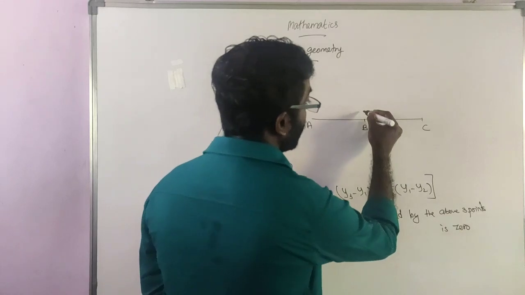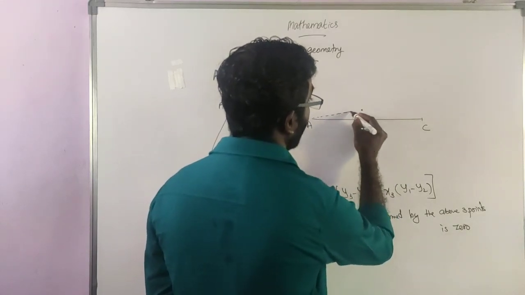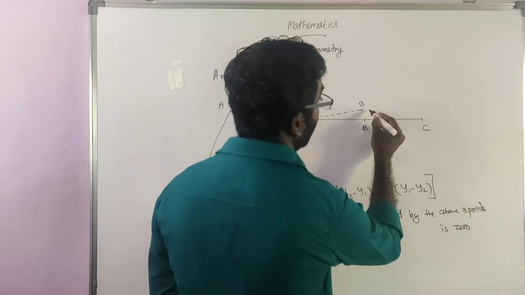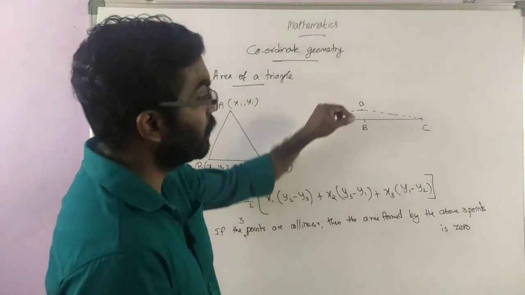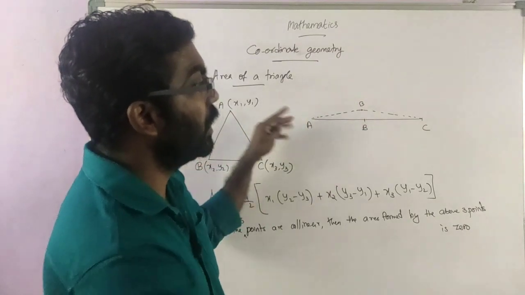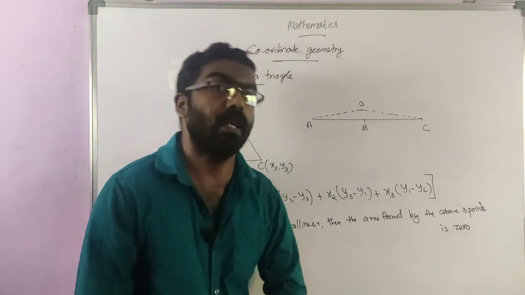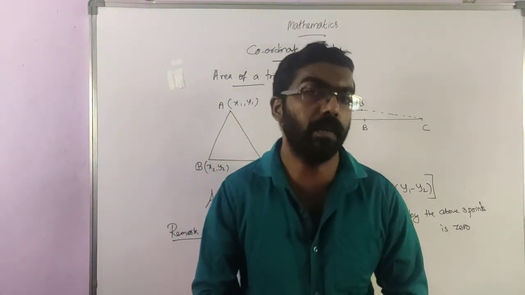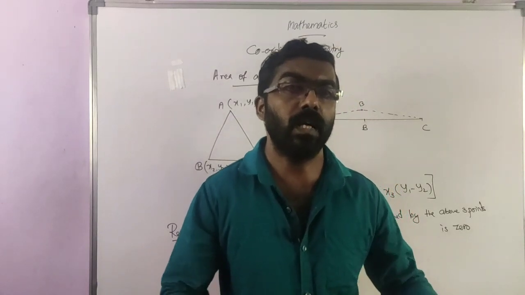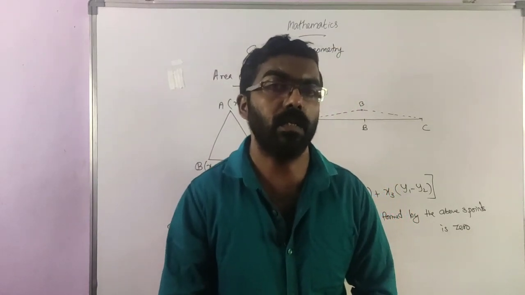If I shift the position of the point B here, then we can draw the triangle by joining these 3 points. Okay, we can shift the point in any direction and we can form the triangle. But if the points lie on the line, then we cannot form the triangle, and obviously the area will be 0. Triangle is not formed, so the area will be 0. That's the concept behind it.